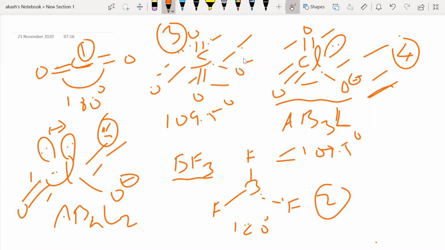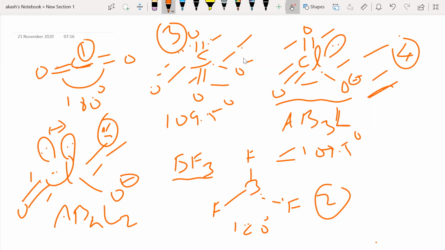So all these things give me VSEPR and the theory of hybridization. But still, it doesn't give me some of the information like the magnetic properties. You know that there can be paramagnetic species and diamagnetic species, but that is not told. And the strength of the bonds, right? I know that if this is going to make a bond, all these things are going to happen.